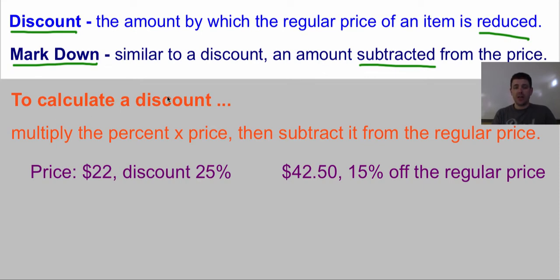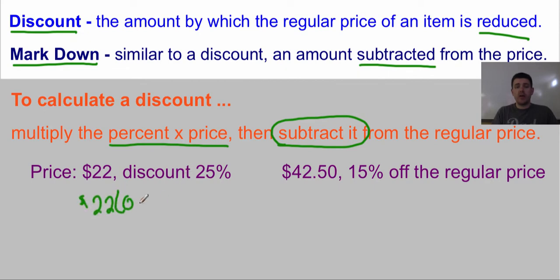So to calculate that discount, again, first step, multiply the percent times the price, but then you're going to subtract it because the price is going down. So same steps as the earlier problems, just subtracting instead of adding. So we have a $22 price with a 25% discount. So we take $22 times 0.25, and that gives me 5.5 or